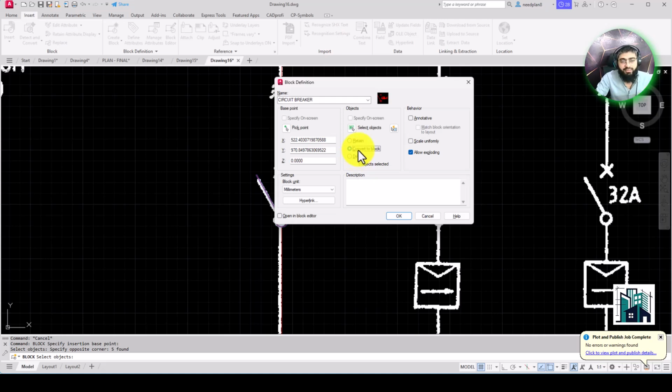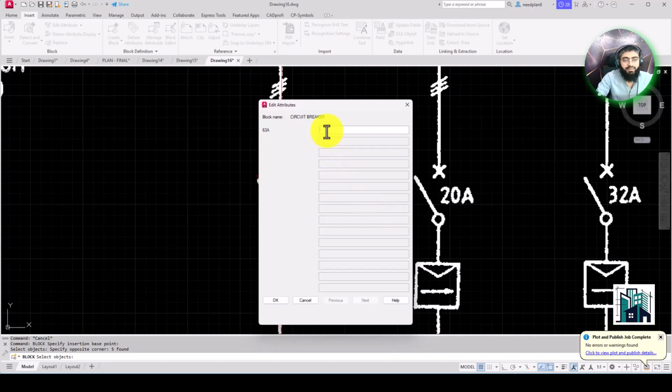So you have to click here. Allow exploding means anyone who wants to edit this can do so. So you just click here, and when you explode that, it will explode. Okay, so now I'm going to click here, and now 63 amps, I'm going to write 63,